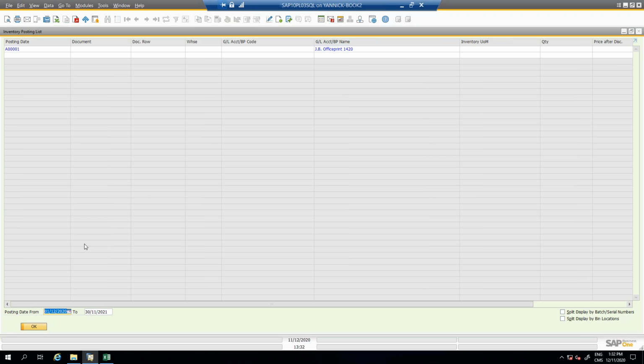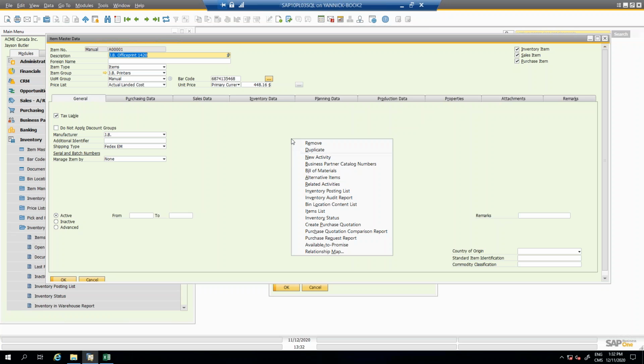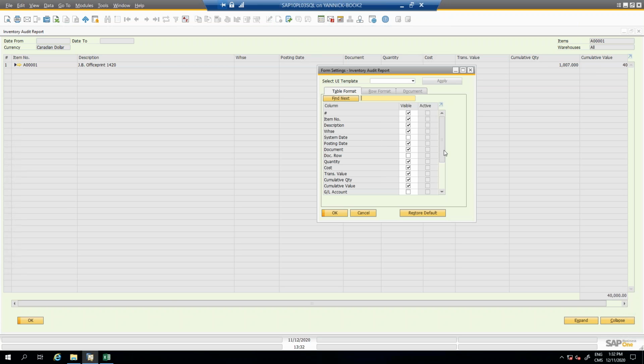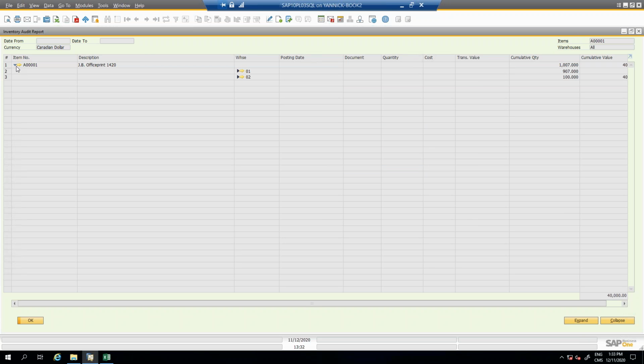To do analysis strictly on value, that one will only show the transactions posted, the variation on the quantity, but the inventory audit report will show the cumulative quantity and cumulative value. There's also the option to add and remove columns like any other screen in SAP. So that's the best way to access one specific item when you want to drill down